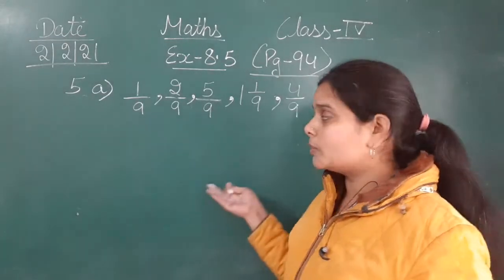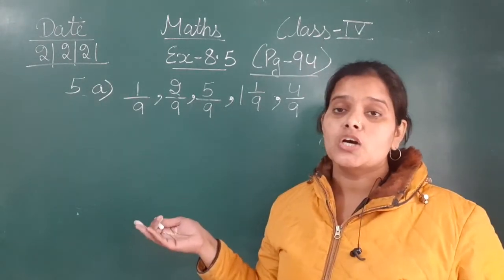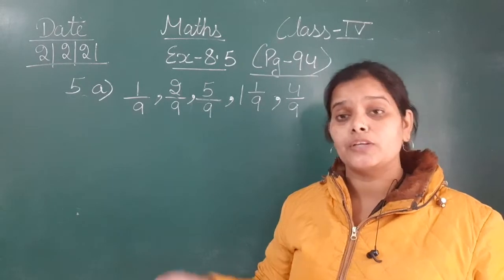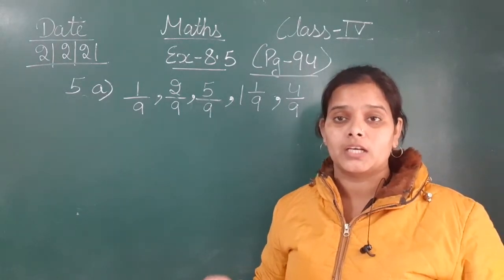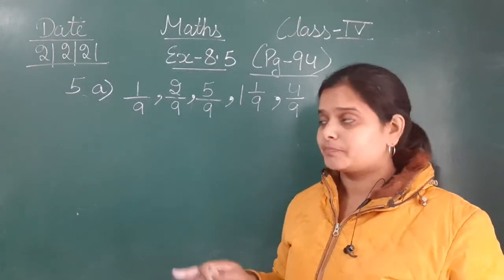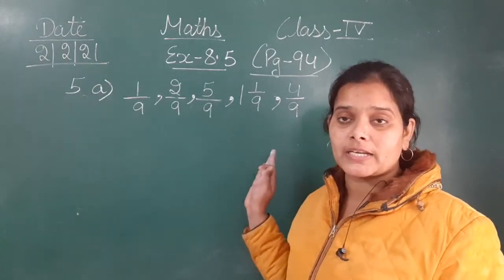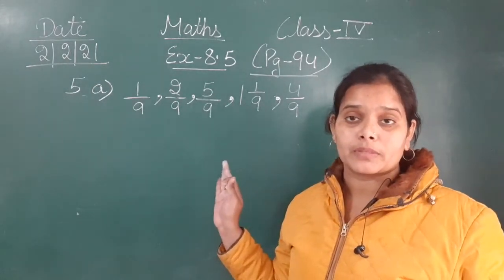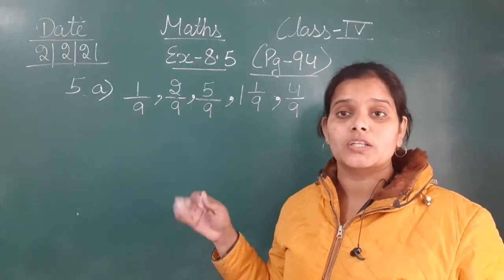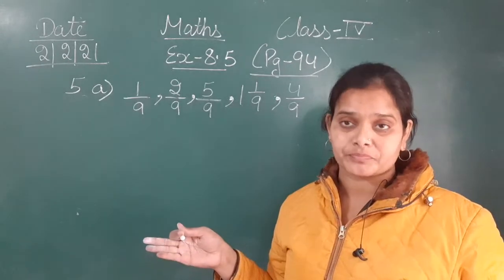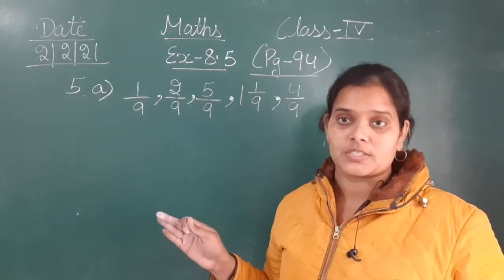If all the fractions that are given are like fractions, only then you can compare them or arrange them in ascending or descending order. अगर उसमें से कोई भी unlike fraction निकली, you will not be able to compare it. Either you have to convert it first, then you will compare it, or then you can arrange it. But the first thing is that you have to see that all the fractions given for arranging or comparing should be like fractions.